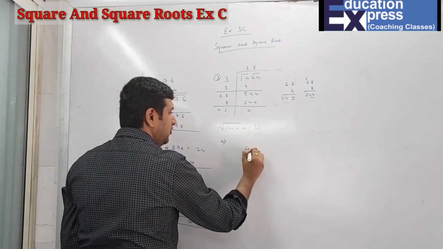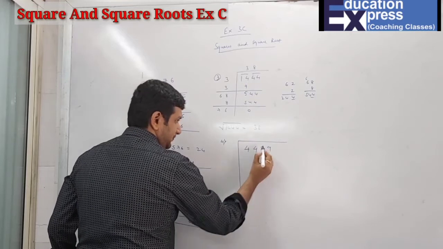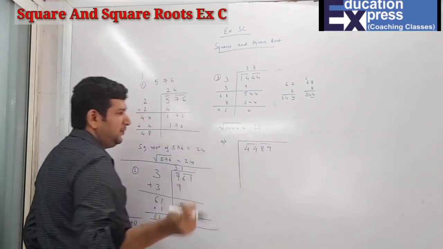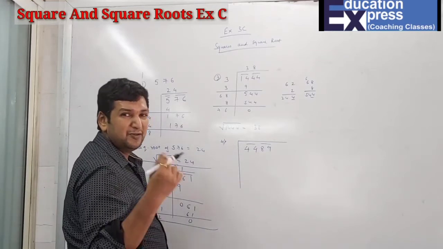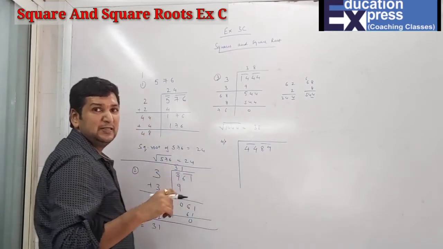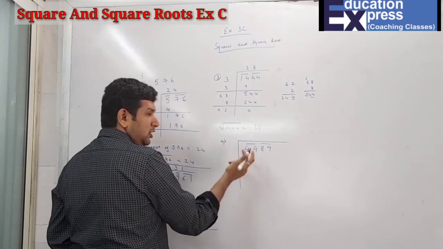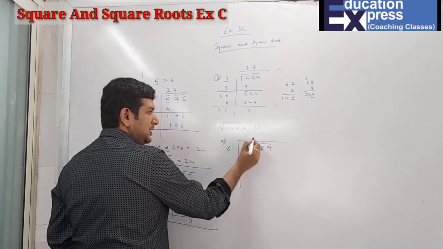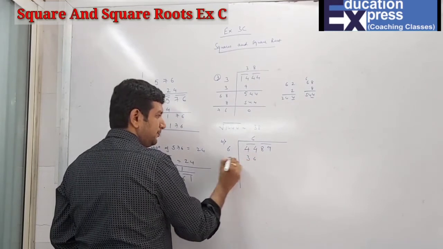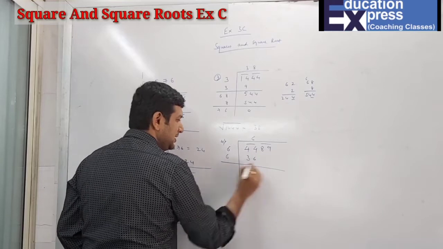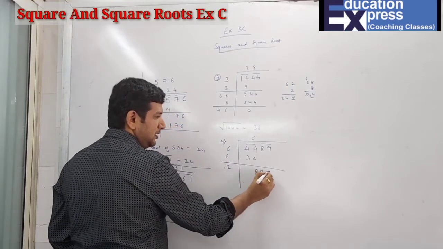4489. Now, yeah, please, can you please tell me now which number I'll be using over here? Which number square less than 44? 6 6s are 36. 7 7s are 49. So obviously 49 is more than 44. Before 7 what was there? 6. Then 6 6s are 36. I have to add 6. I'll get 12. 44 minus 36 is how much? 8.